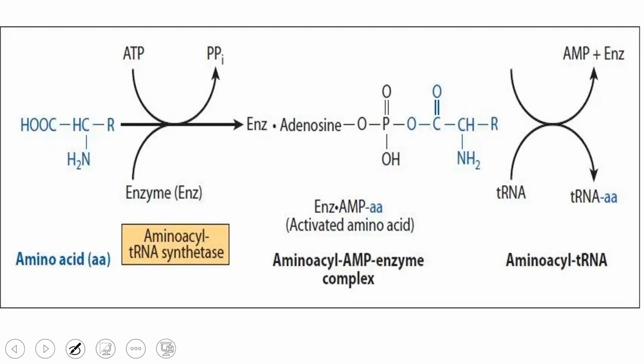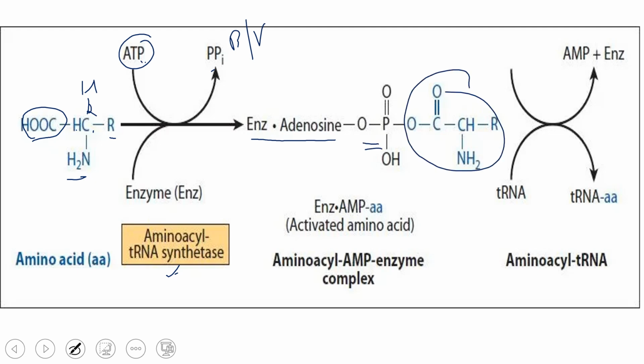This is the chemical reaction. This is your amino acid where we are having COOH group. This is the central carbon, alpha carbon. This is hydrogen. आप इसको इस तरह से लिख सकते हैं, this hydrogen को. This is amino group. This is R group. In the first step, this is the enzyme. ATP is going to be involved. यहाँ से बीटा एंड गामा फॉस्फेट को हमने हटा दिया. AMP we will use, and AMP will be associated with this amino acid, releasing pyrophosphate. In the second stage हमें tRNA चाहिए. So this tRNA joins with this portion. So ultimately you are going to have tRNA loaded with amino acid.